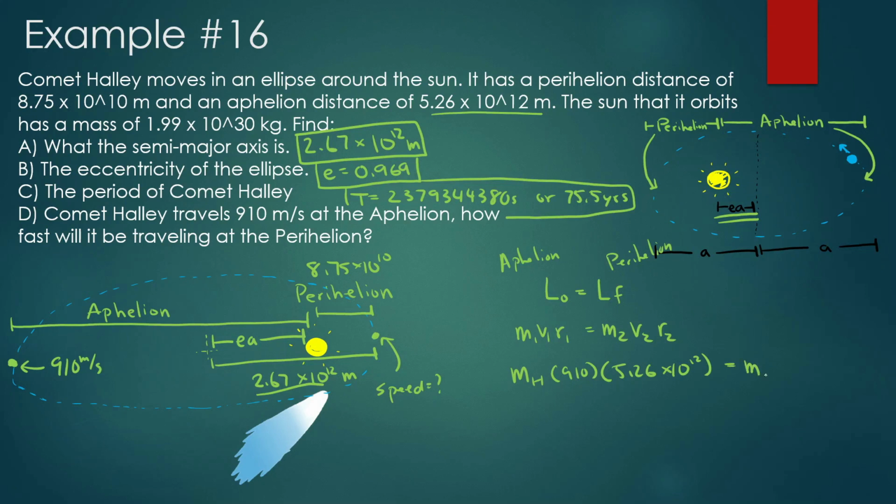And this will be equal to the mass of Comet Halley, which we don't know, the velocity, which we don't know, that's what we're looking for, and the radius, which is given to us, 8.75 times 10 to the power of 10. So even though we don't know the mass of the comet, we see they cancel out. And then we can see what the velocity is at the closest point. 910 times 5.26 times 10 to the power of 12 divided by 8.75 times 10 to the power of 10. And then we should see it's going a lot faster, 54,704 meters per